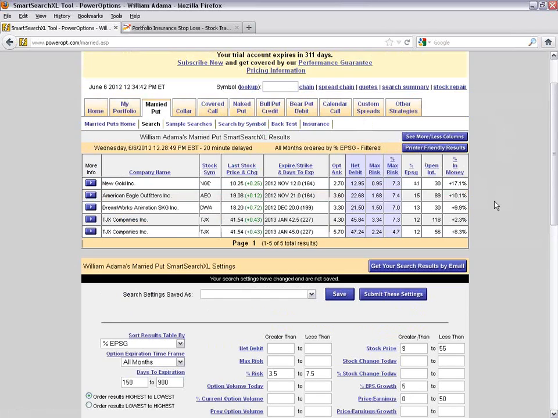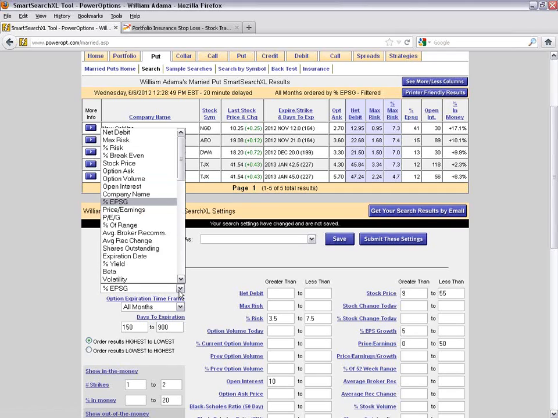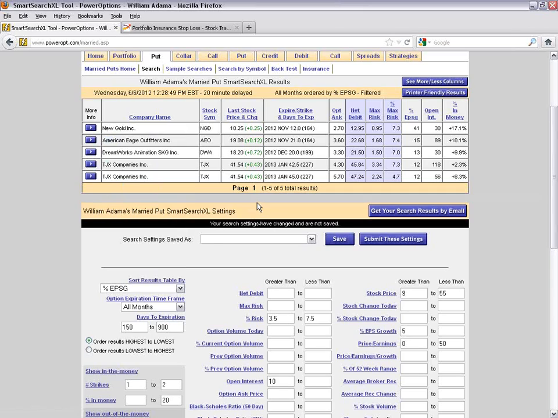Now, I'm sorting this by the highest earnings per share growth to lowest, based on the default setting that was set on the radioactive filters. I could change it, of course, here in the sort results table if I wanted to look for lowest risk to highest or highest risk to lowest. But regardless of how I select that filter to sort my results table,